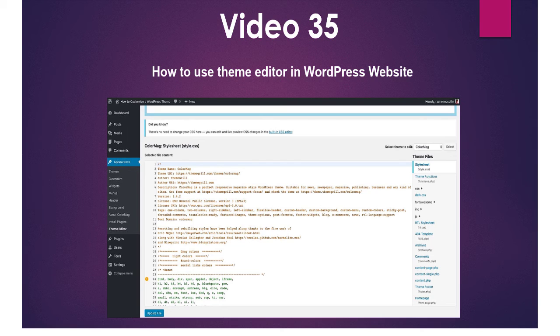So in this lesson we are going to learn how to use the theme editor in a WordPress website. What is a theme editor? Every theme has its own theme editor. If you are good at designing, development, coding, JavaScript, you can even create your own WordPress theme. Yeah, it takes time, but there are lots of big companies who have their in-house designers and developers, so they create according to their need.